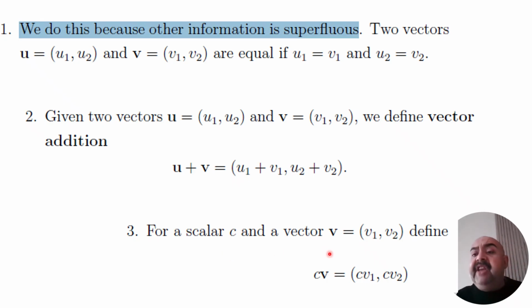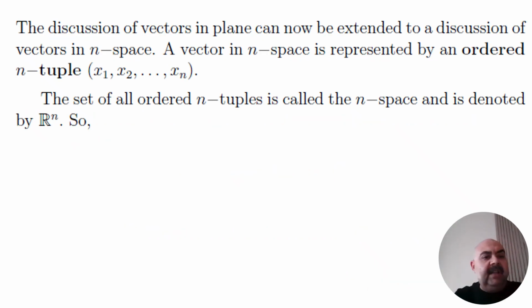So if I have v with two components v1 and v2, and I multiply it by a constant number c, the first component will be multiplied by c and the second component will also be multiplied by c, as you can see. So for a scalar c and the vector v with components v1 and v2, it's cv1 and cv2. Okay, the discussion of vectors in a plane can now be extended to a discussion of vectors